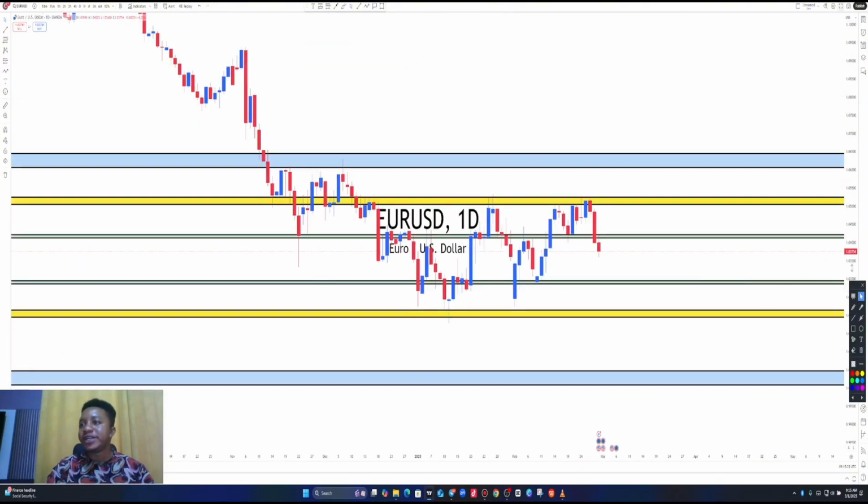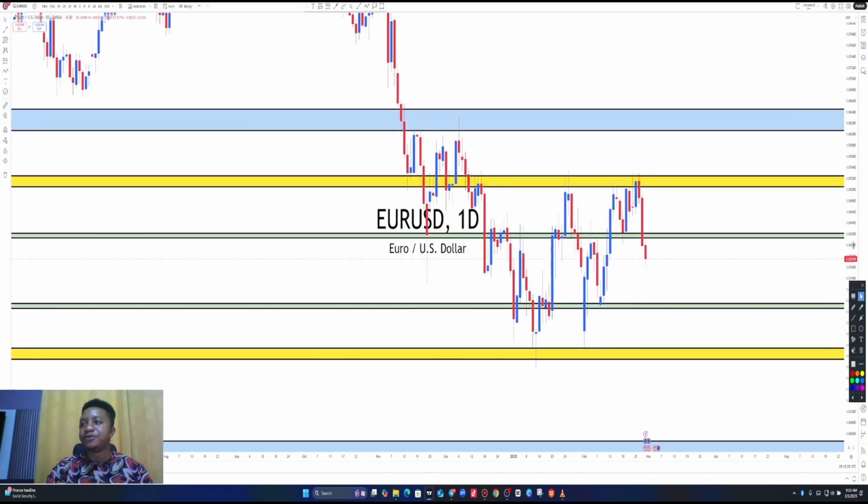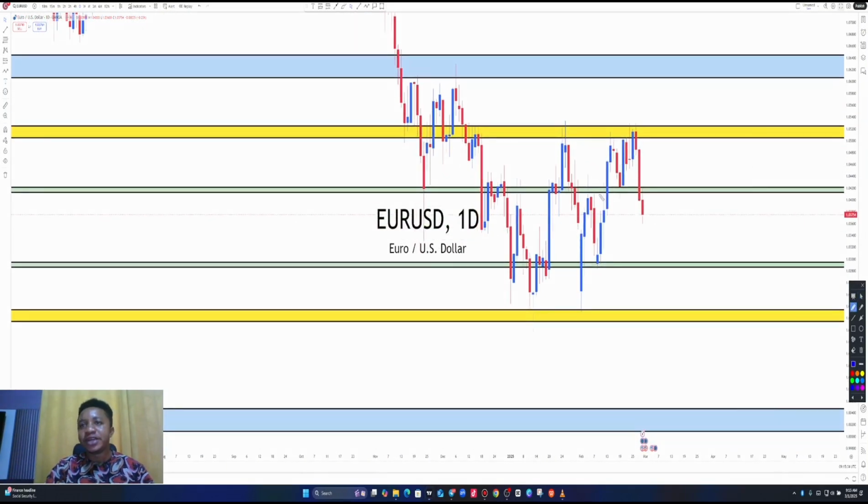All right, so this is the daily time frame on USD. Let's put meaning into it very quickly as well. On the daily time frame, we have the daily upper zone and the daily lower zone over here as well. We saw a strong level of sell pressure on the weekly resistance level over here. Price came all the way with the sell pressure, broke below the daily support level,